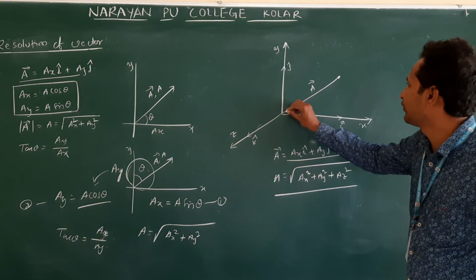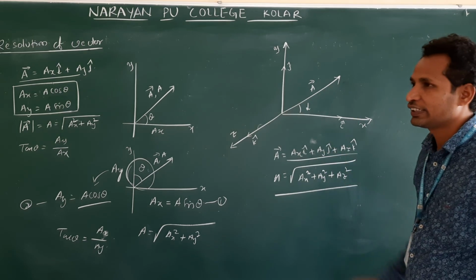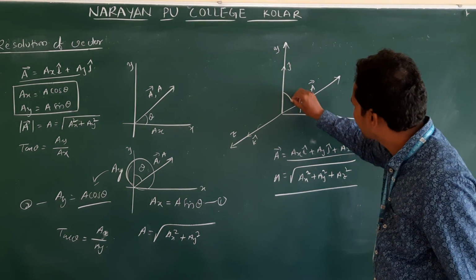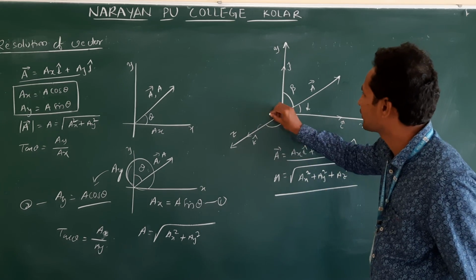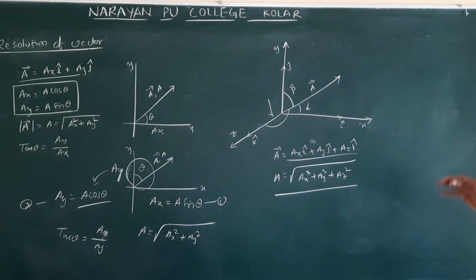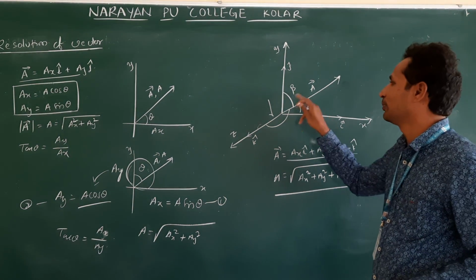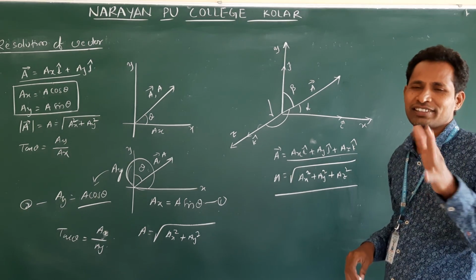Now the components. This is a vector A. It is making an angle alpha with the x-axis, beta with the y-axis, and gamma with the z-axis. Don't worry about what alpha, beta, gamma are. Don't get confused, I just selected alpha, beta, gamma to represent the angles. They are not alpha rays, beta rays, gamma rays. Don't go to that topic, radioactivity from 10th class. We have taken these letters just to represent the angles. Or we can take theta 1, theta 2, theta 3. The point is to represent the angles.